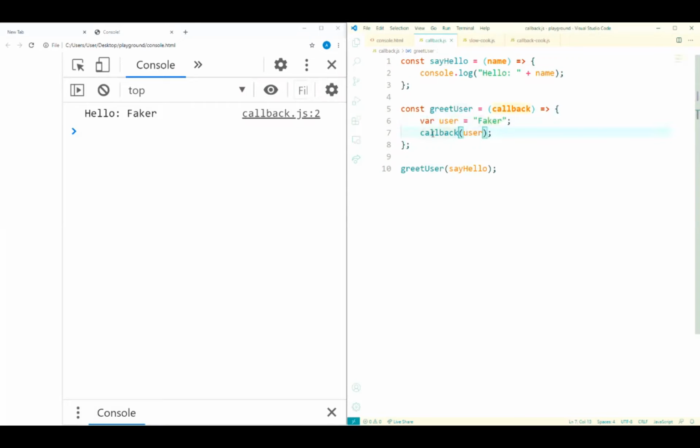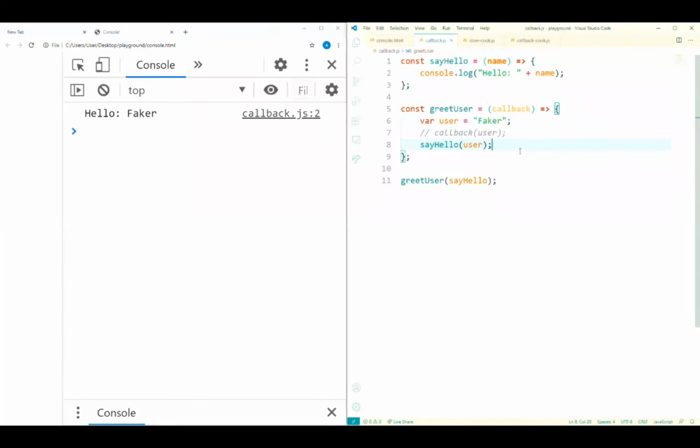And then we call whatever callback function this is. We see that callback, sayHello, was actually passed, so now we'll replace this callback with sayHello. This is exactly the same thing as saying sayHello(user), and we'll do the exact same thing.